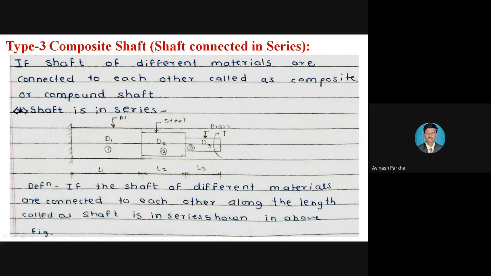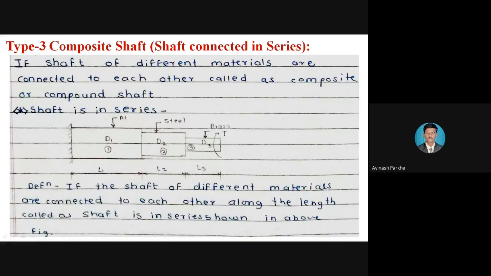In the last lecture we covered type number 2, in which we discussed the design of the shaft. The design of the shaft means the calculation of the diameter. Whether it is a solid shaft or a hollow shaft, for the hollow shaft we have to calculate the external diameter and internal diameter, and for a solid shaft we have to calculate its diameter, which means we are designing that particular shaft. The design may be done using two conditions based on the shear stress, that is T upon J is equal to tau upon R, and the second formula, T upon J is equal to G theta by L.